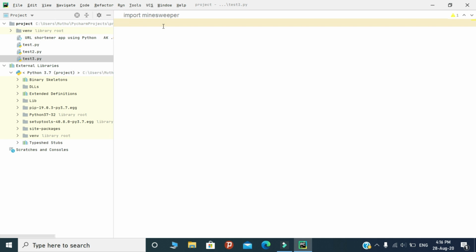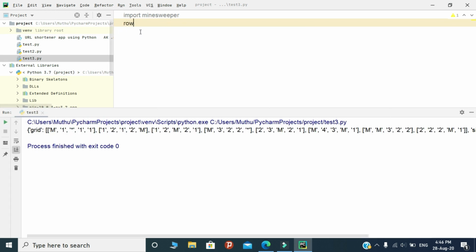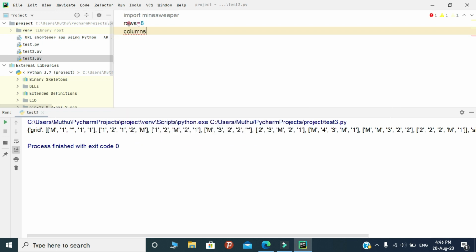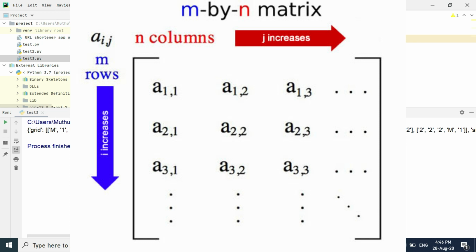For inserting the rows and columns, you need to declare two variables. First, you need to insert the row value. So declare a variable called row, and in the variable you need to give the row value. Here I gave the row value as 8. Okay. And next the column value. Declare a variable called column, and in the variable you need to give the value as 5. This value is represented as the column value. So we are going to form an 8 cross 5 Minesweeper matrix.